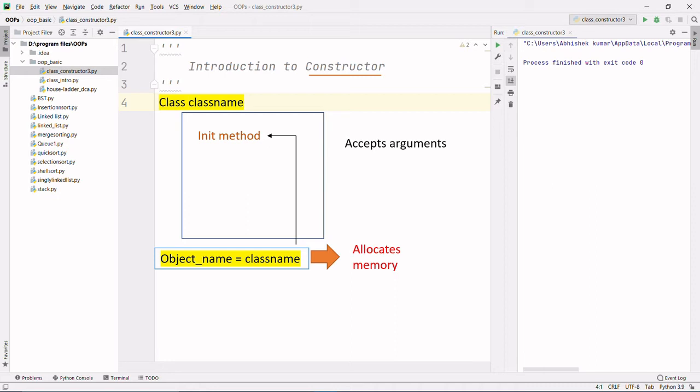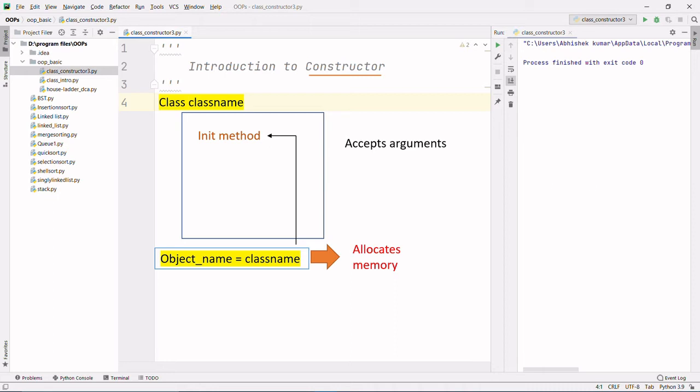The answer is yes, we can do it by simply providing those arguments in the parentheses of that class. And to store them, we definitely need something which holds their value. So init comes into the picture.